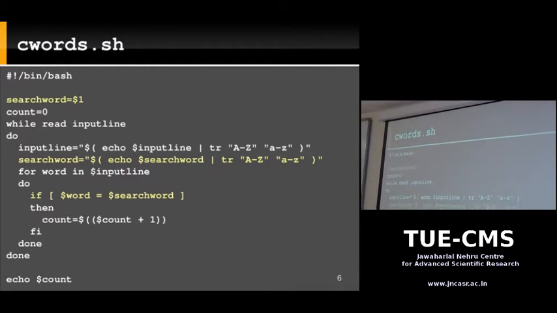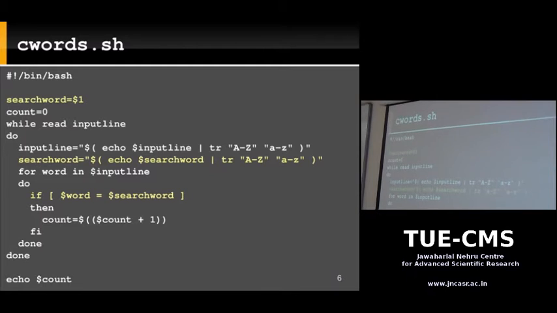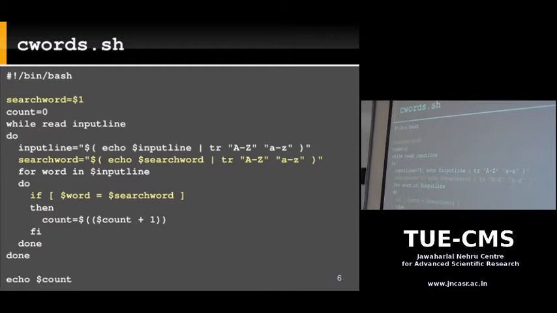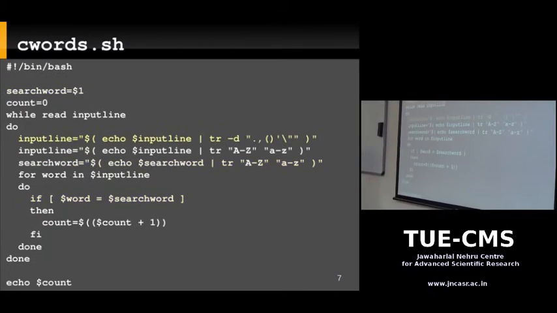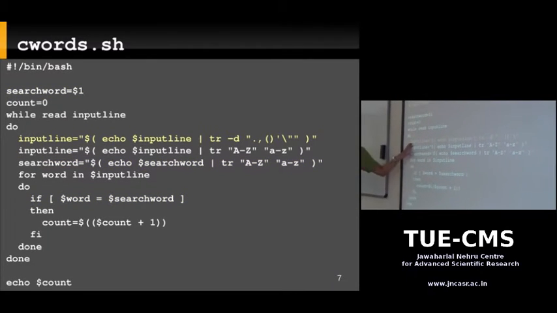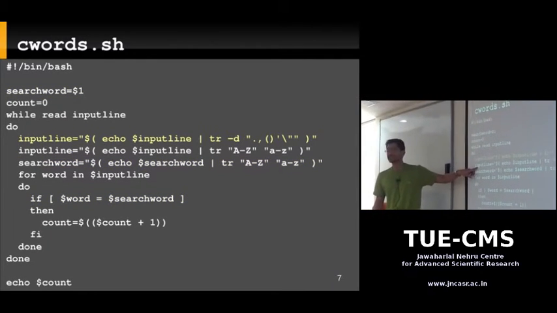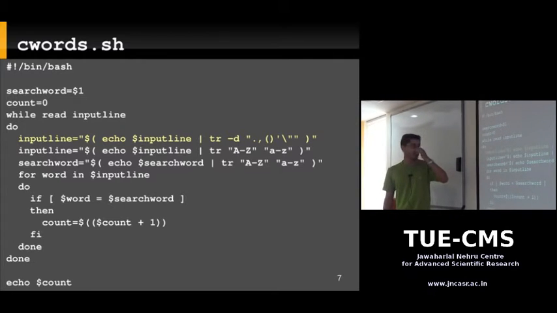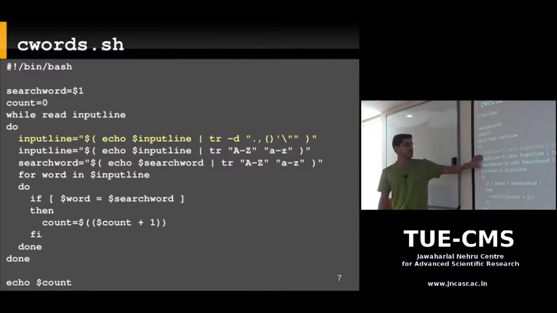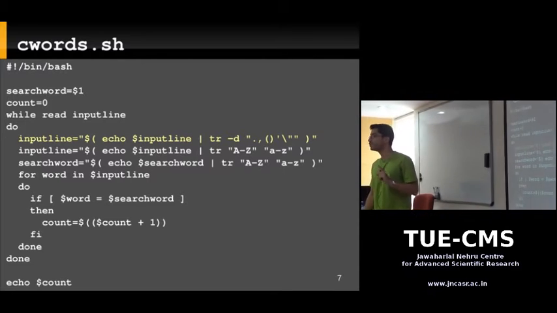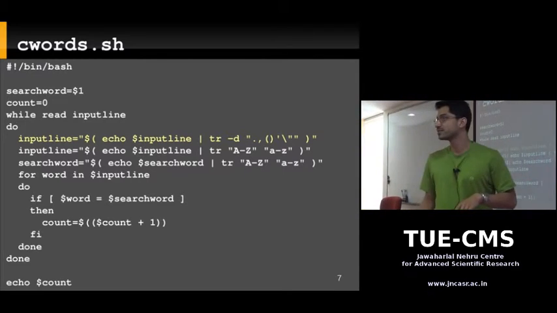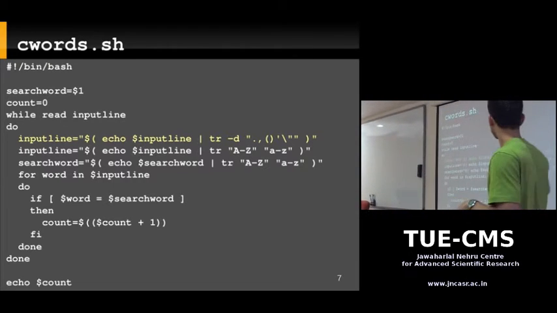So let's fix that. What we need to do is remove all punctuation from an input line before we do our search. Because we need to remove periods, brackets, commas, single quotes, double quotes, all that. So just one more line in our file, before we convert everything to lowercase; you can do this even after. We use a tr -d command. You remember tr -d deletes the set of characters that are specified from the input.